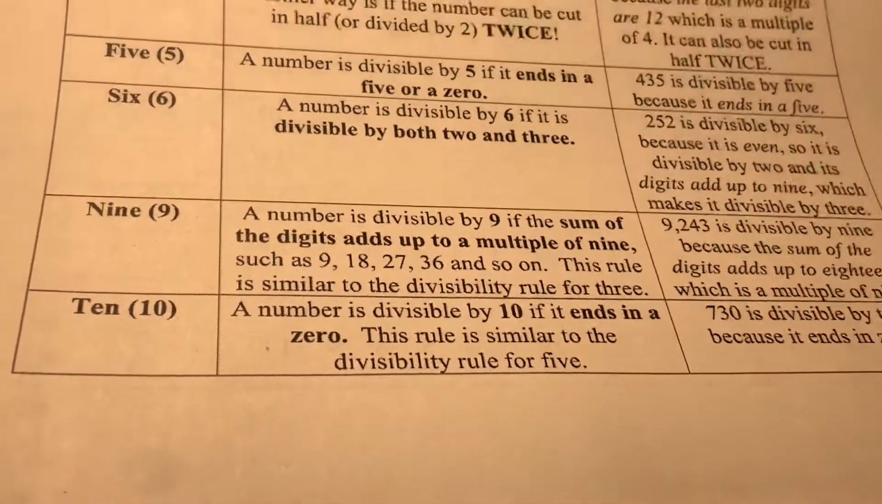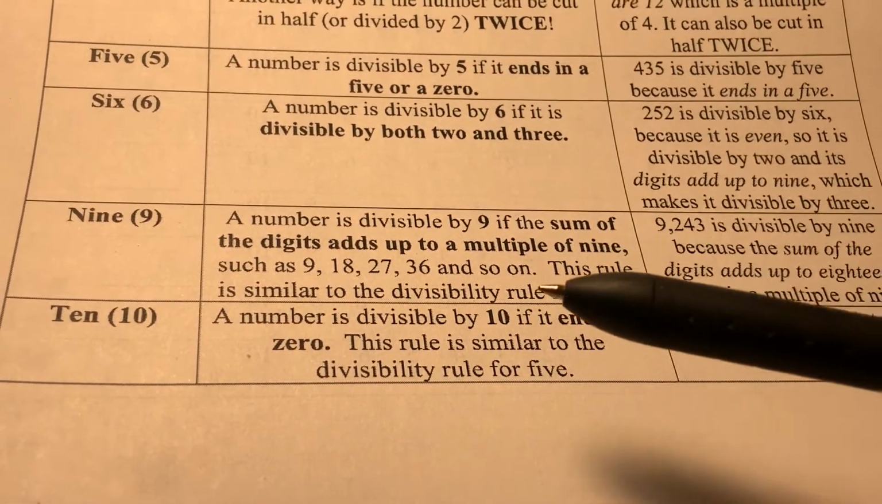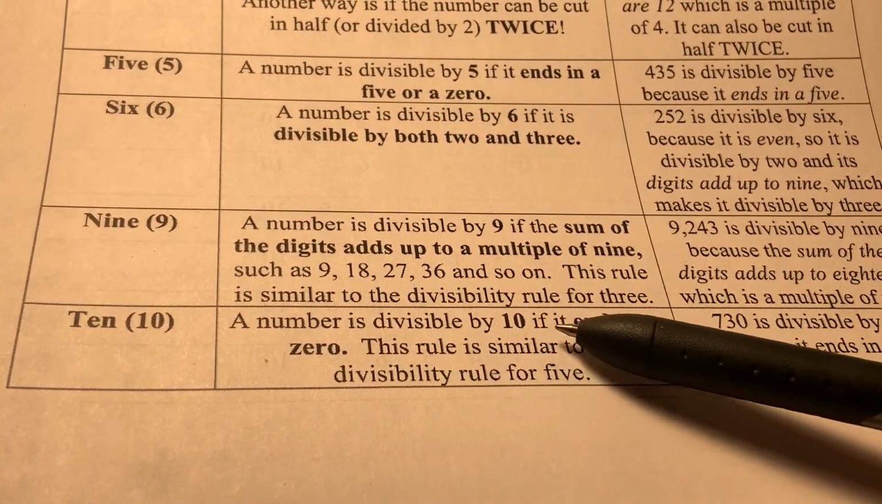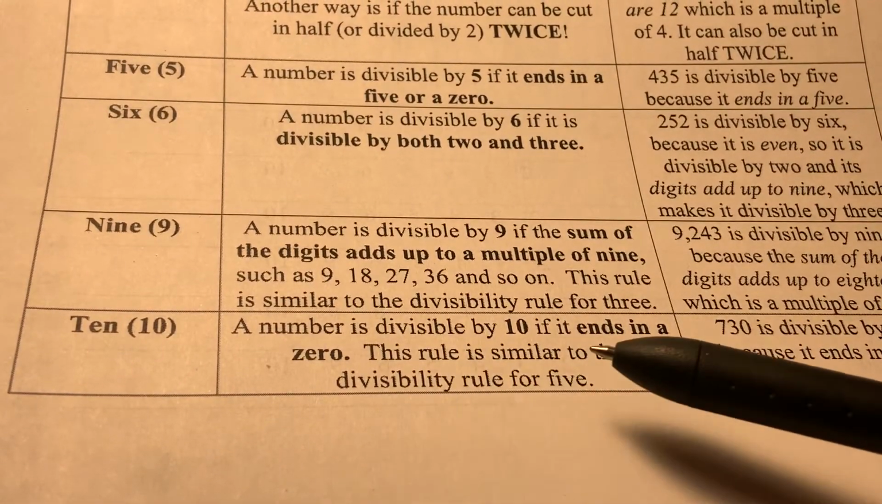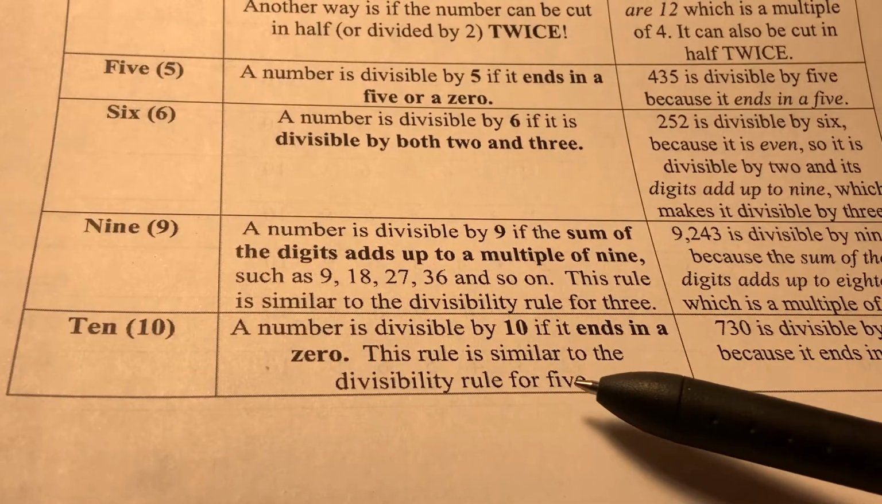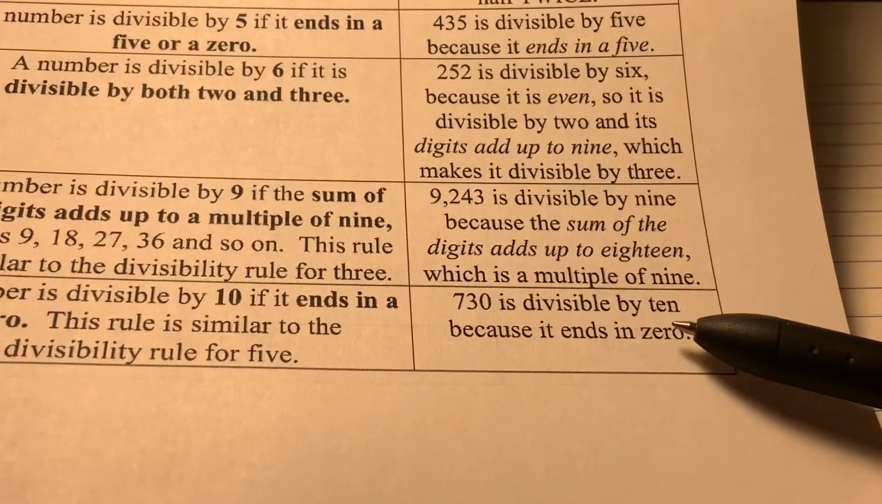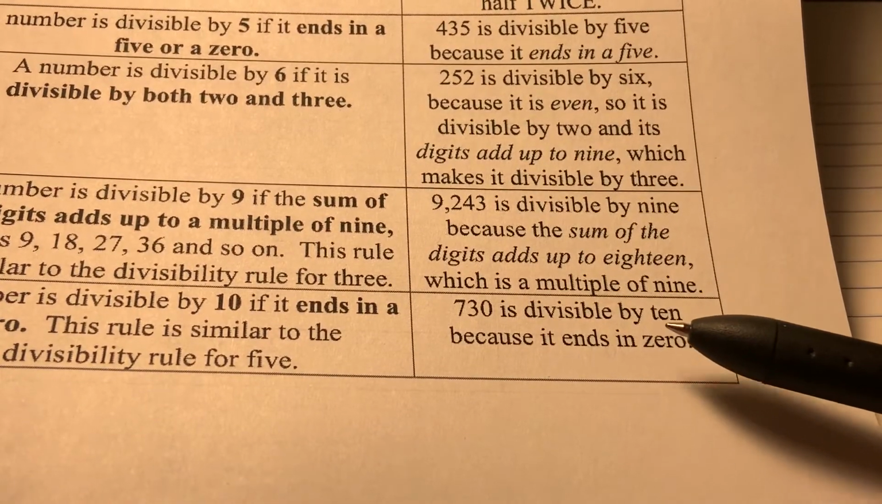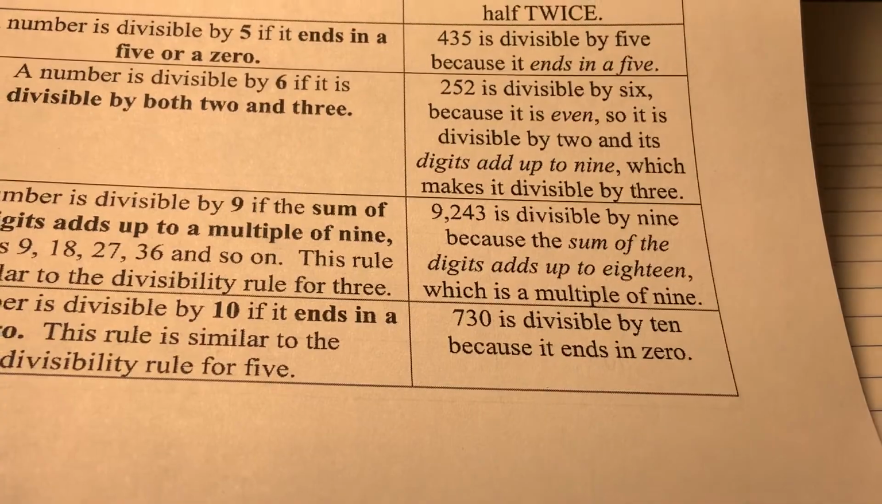And finally, we have 10, and this is a very easy one as well, probably the easiest one. A number is divisible by 10 if it ends in a 0. Very simple. This rule is similar to the divisibility rule for 5, okay? So if a number ends in 0, you know that 10 can go into it. For example, 730 is divisible by 10 because it ends in 0. All right, so